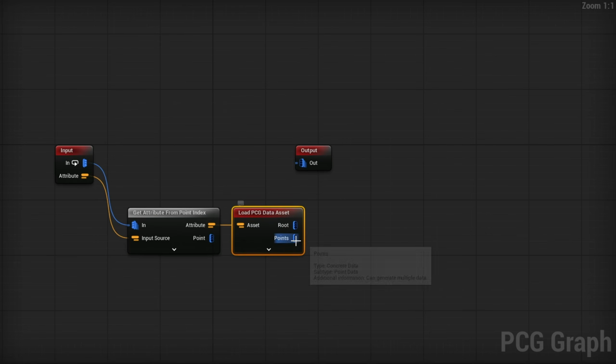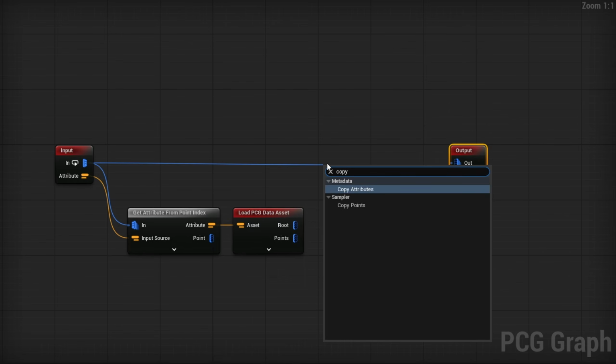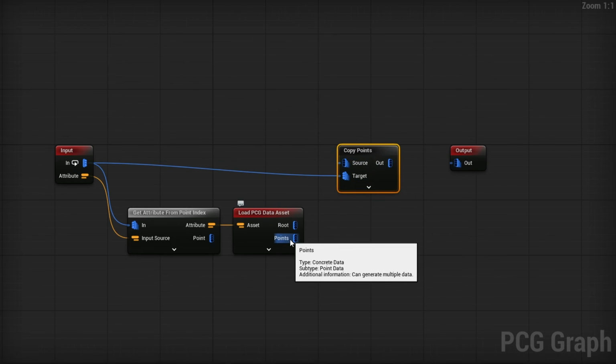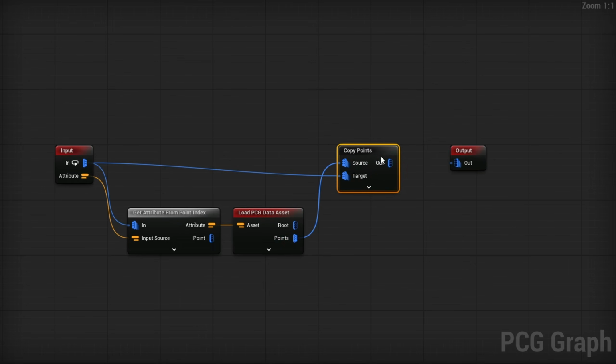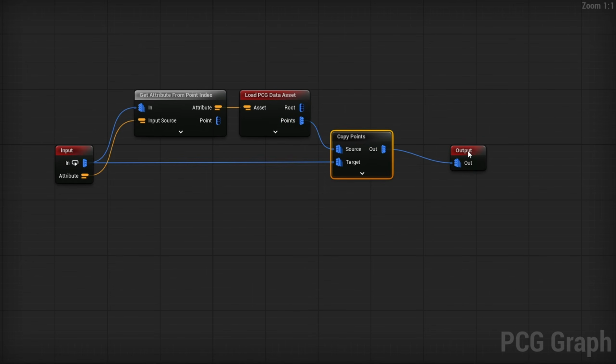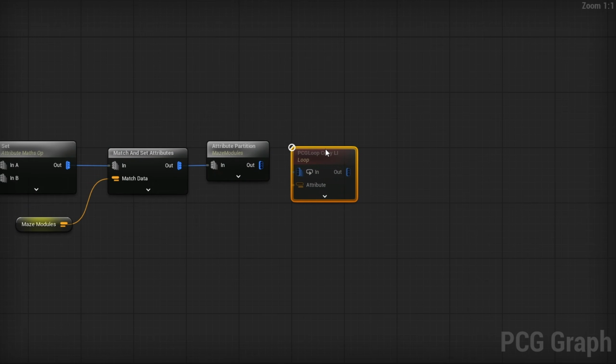But now that we have these points, we can go ahead and copy them onto the original ones. So from this in, just drag out, search for copy points. Instead of into source, this is actually the target, and the points from this load PCG data asset are the source. So I'll put it above here so you can really see that it's going from above into source. And the output of copy points just goes out, just like that. So now back to our main PCG maze graph, we can plug this out into the endpoints, and we need